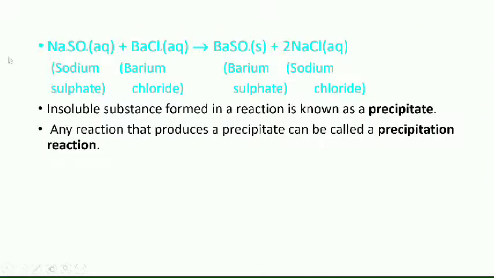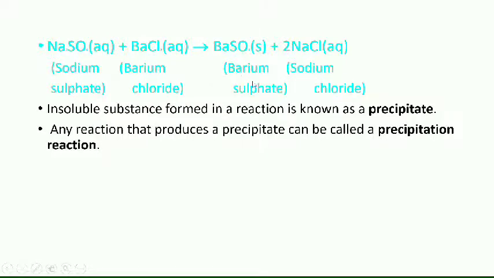We'll be looking at more examples here. So this is sodium sulfate, that is Na2SO4. Can you tell me which type of ions are in this sodium sulfate? Okay, so first is the sodium ion, Na+, that is the cation, and the sulfate anion. Similarly, here is barium chloride, with barium ion and chloride ion. So this sodium will be combining with this chlorine. Please look here, it is getting converted into sodium chloride, and this barium ion is combining with the sulfate, forming barium sulfate. In this reaction there is an exchange of ions taking place, so this is a double displacement reaction.